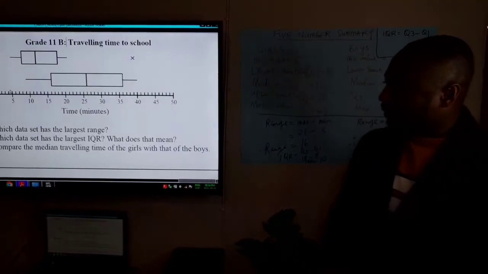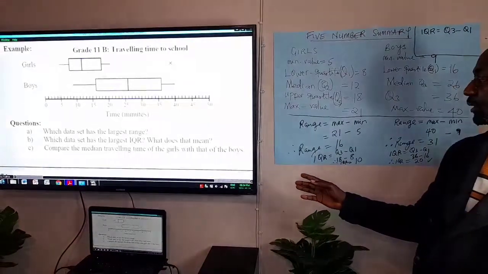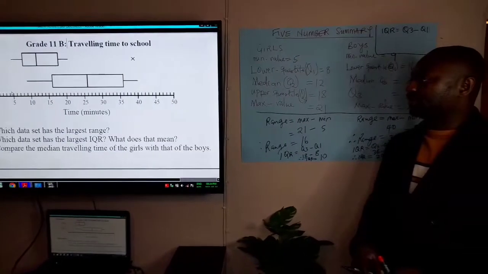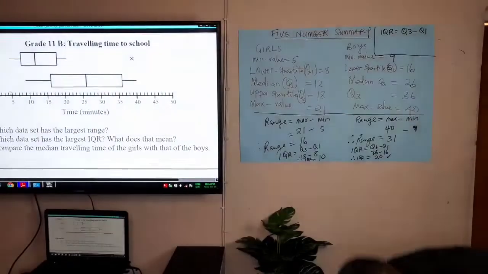Now, the next question says we must compare the median traveling time of the girls with that of the boys. The median traveling time of the girls with that of the boys. So,